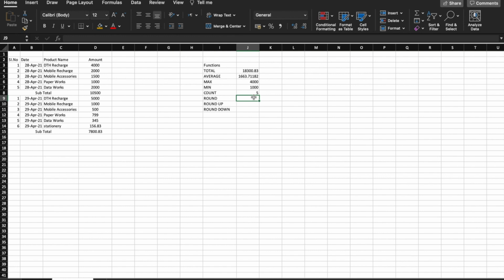And the round value. Now the average is 1663.711.82, so it's only the average value. If they want to know the round value, it is 1663 or 64.